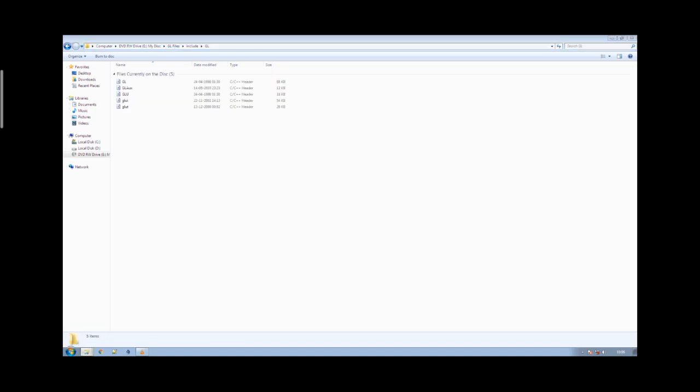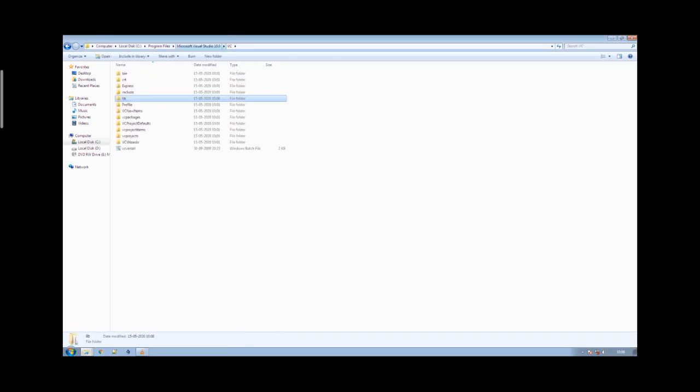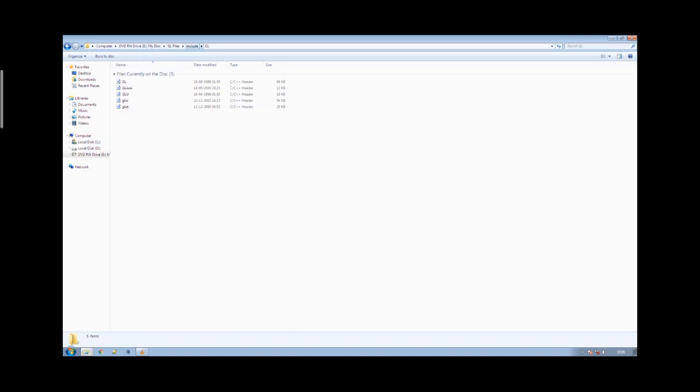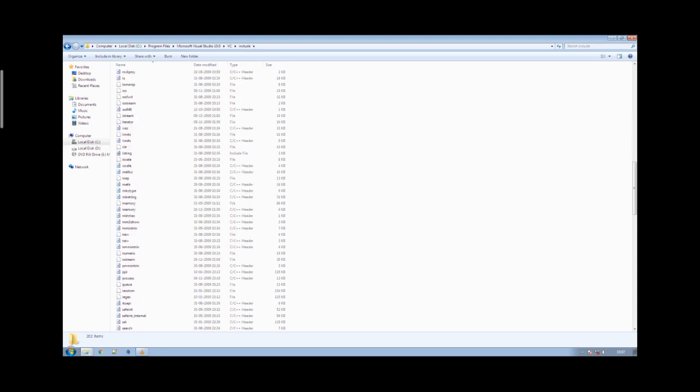Next will be the header file. As you can see, library is over. Now the include header file h should be pasted in the include path. Just observe the path is same, include. In that GL, so you are supposed to paste it. Check the path.